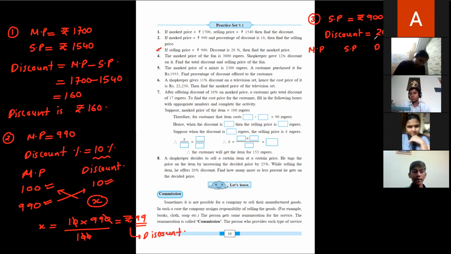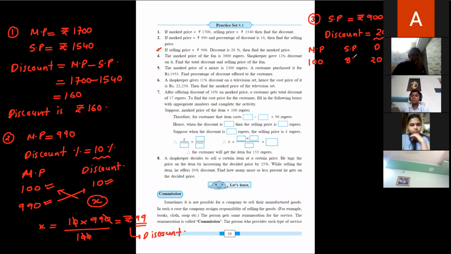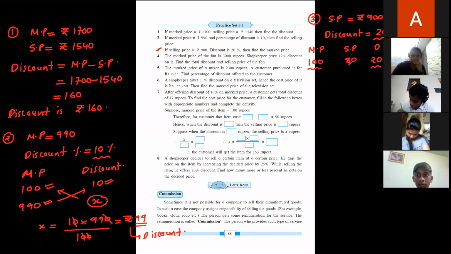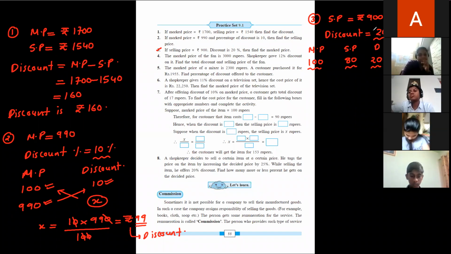So over here, we're given 20% discount. That means if a mark price is rupees 100, I'm getting a discount of 20 rupees. That means my selling price will be 100 minus 20, so my selling price will be rupees 80. I hope the first part is very clear. I'll explain again. If my mark price is rupees 100, my discount will be 20. That means I'm getting that article 20 rupees less, so my selling price will be 80.